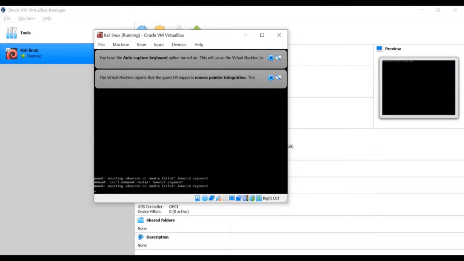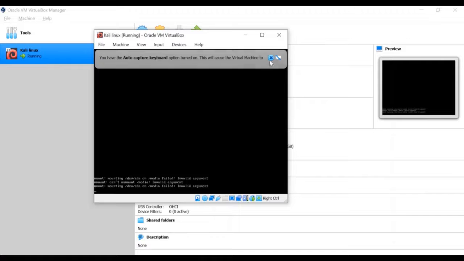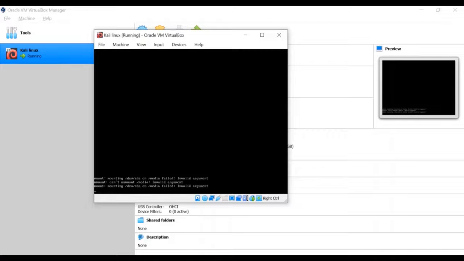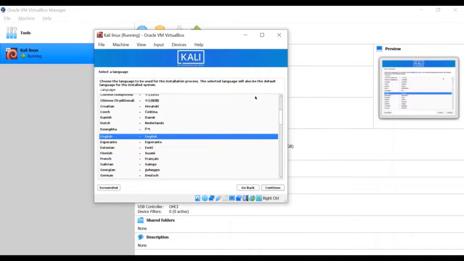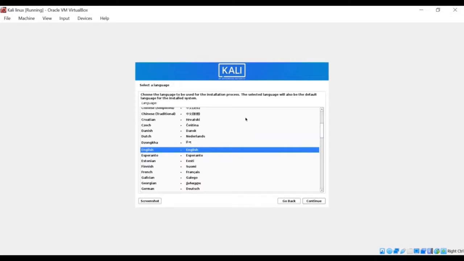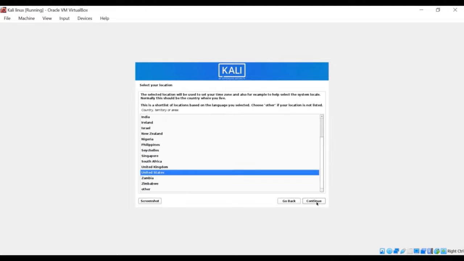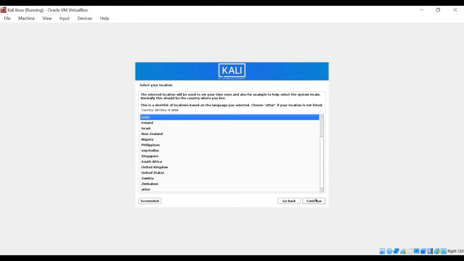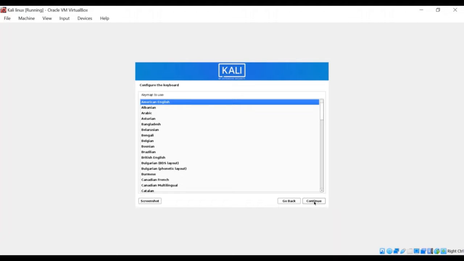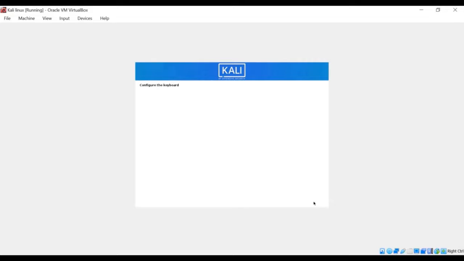Now we are going to set up Kali Linux here. This is a big process. It will take up to 30 to 40 minutes. First it asks for the language. I'll go with English, and then location next. I'll choose India. It asks for the keyboard type. I'll go with the default,